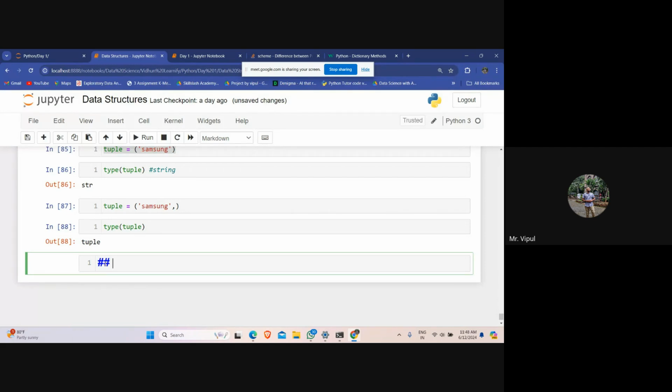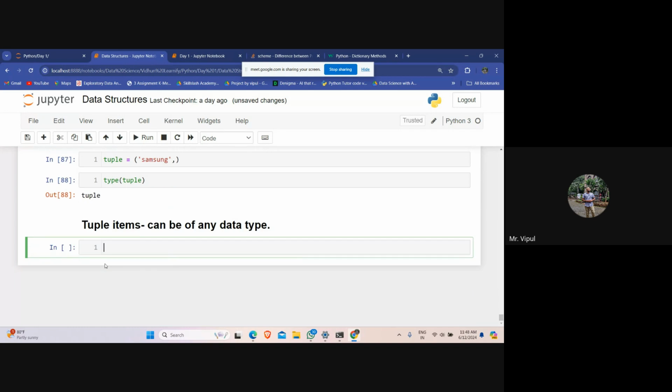Now, tuple items can be of any data type. So let's say I write tuple 1 is equal to apple, comma, banana, comma, cherry. Tuple 2 is equal to 1, 5, 7, 9.